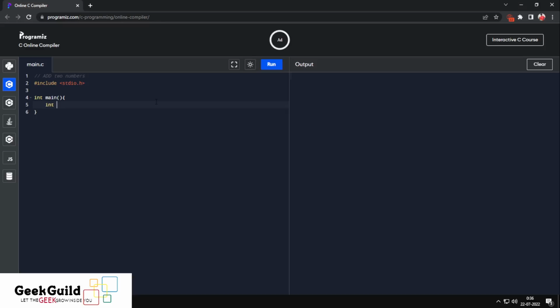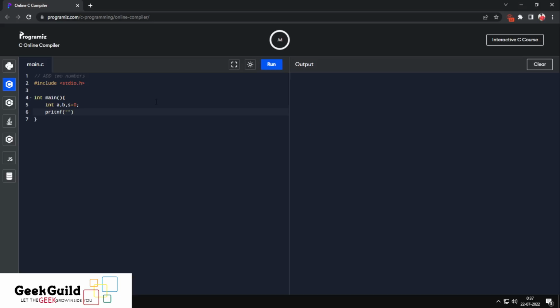We will be defining a for storing the first number, and then b for storing the second number, and s for storing the summation of both the numbers. But then yes, in the first case we will initialize s to 0, okay, so that it will go smoothly. Okay, now we will be writing printf